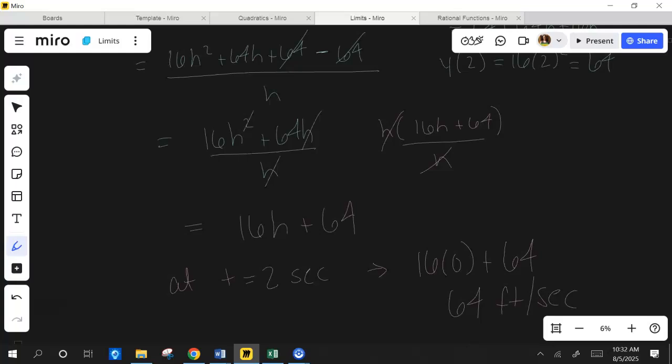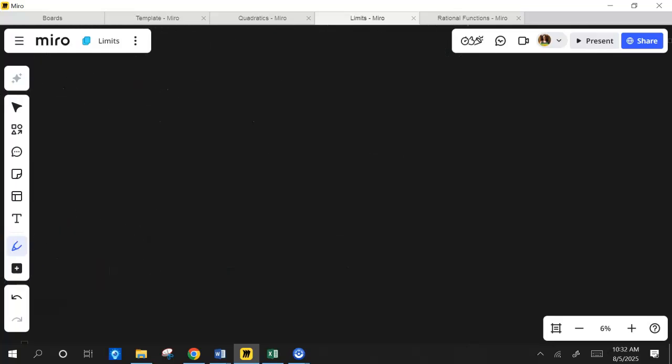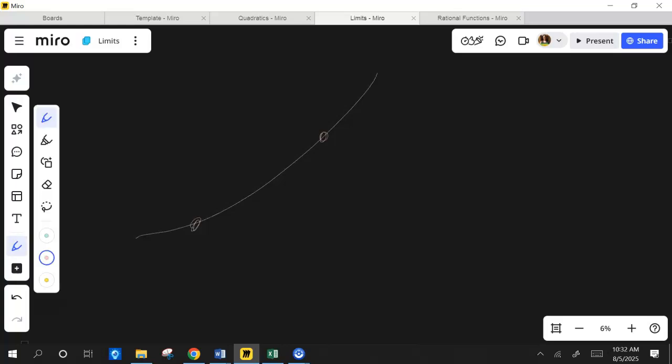Yeah, you do. Technically, it's negative 16t squared, but. So what we did was we found the instantaneous velocity at time 2. We haven't known how to do that before. So it's kind of like this. I can do whatever it is I'm looking at, right? I can do the slope between these two. And what's going to happen is,